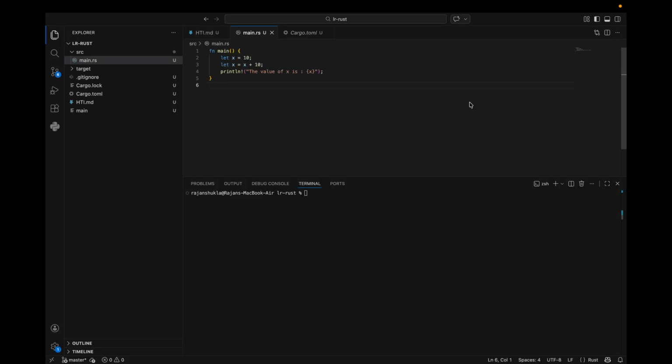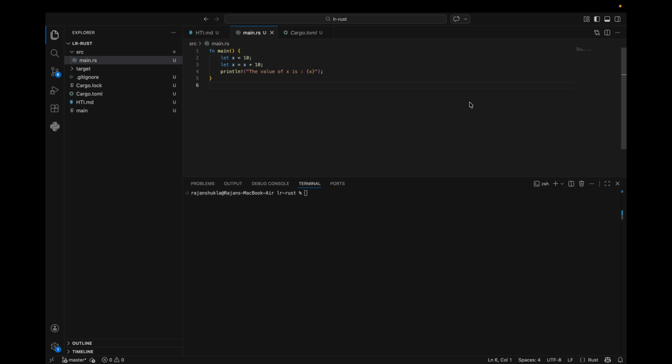Let's understand Rust data types. Every value in Rust is of a certain data type, which tells Rust what kind of data is being specified so it knows how to work with that data. Keep in mind, Rust is a statically typed language, which means that it must know the type of all variables at